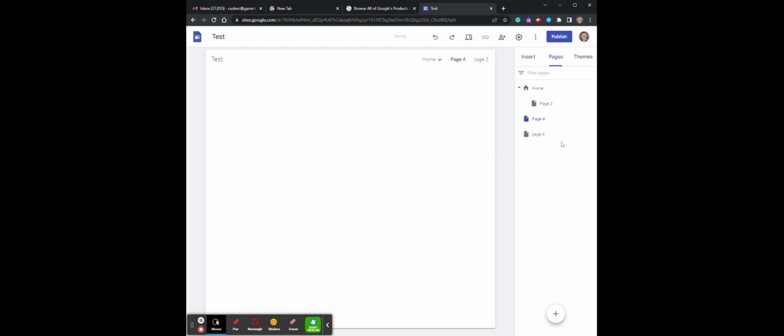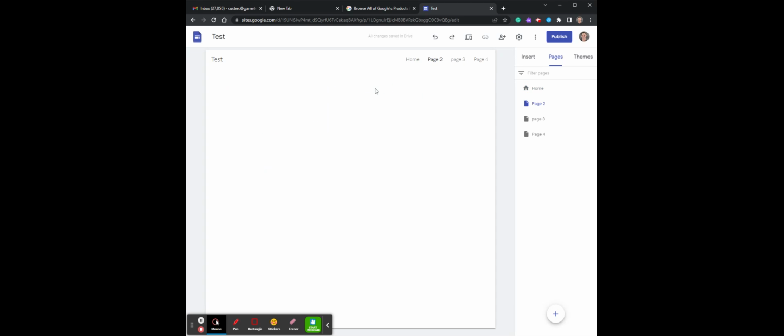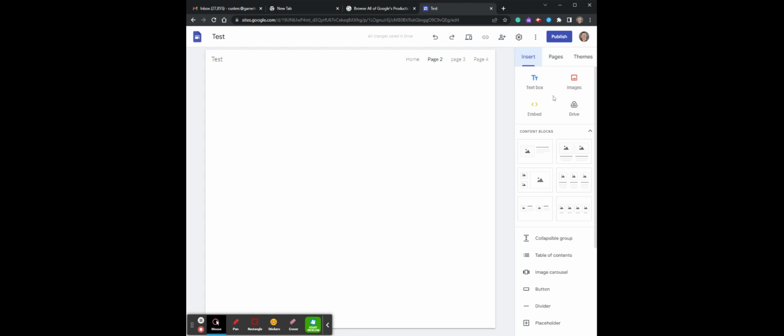Notice these are not sub pages to home, so you actually can see them up here, and you can move them in any direction as well. Everything can be manipulated. So we're going to put that. We have our home page, page 2, page 3, page 4. We'll just put insert, text box,